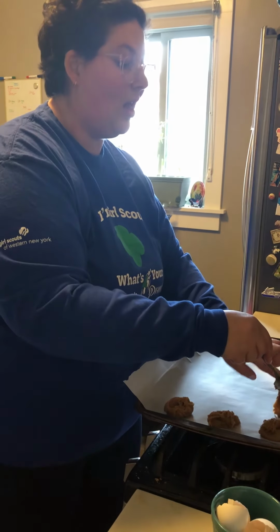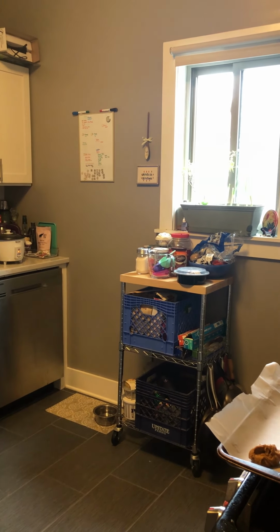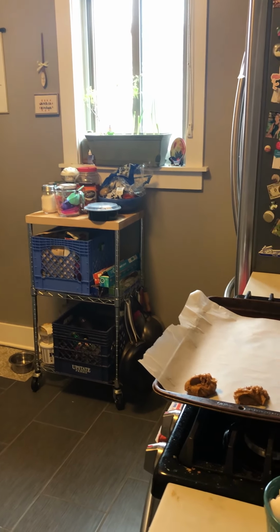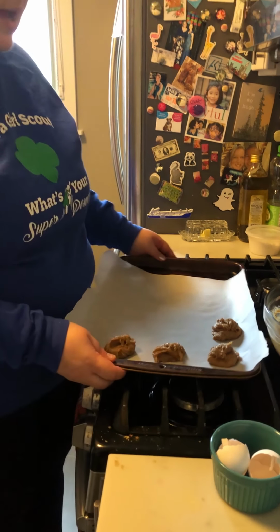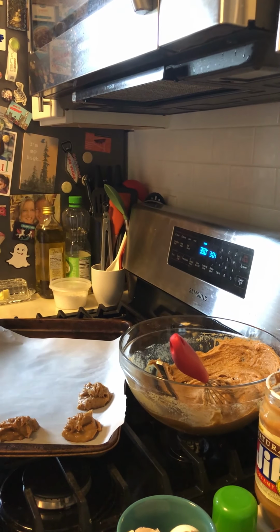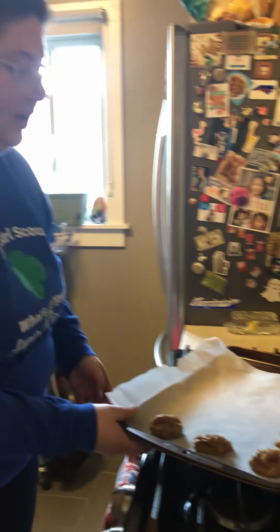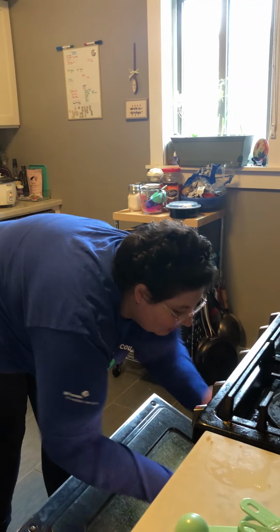This recipe makes a lot of cookies if you want to use the whole recipe. It also freezes really well if you want to put the dough in the freezer. I'm gonna rinse my hands really quickly. And we're gonna put these cookies in the oven. You wanna put the oven at 350 degrees. Let it preheat. But by the magic of Girl Scouts,